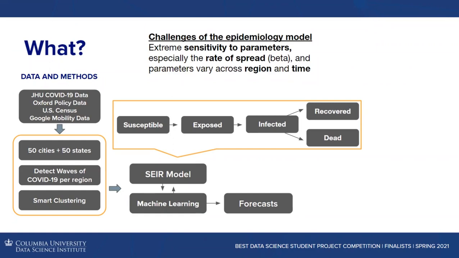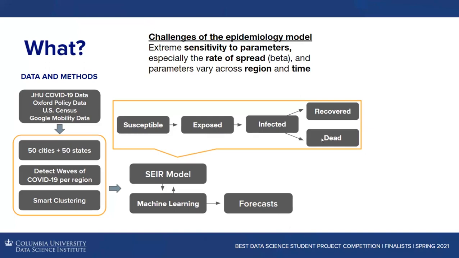At the heart of our model is the reported death data, which we feed into our SEIR simulator with a machine learning layer to generate forecasts. The SEIR model is a widely used and proven compartmental model, which approximates how an infectious disease spreads across a population. SEIR refers to a different state a person in the population can be in with respect to the virus. So for example, somebody might move from susceptible to exposed to infected and ultimately to either recovered or dead.